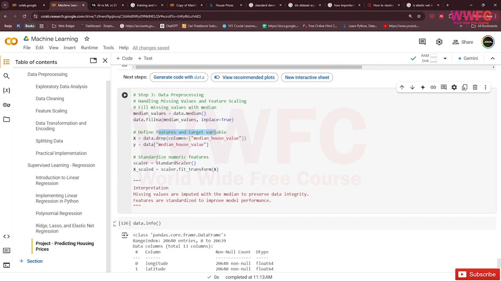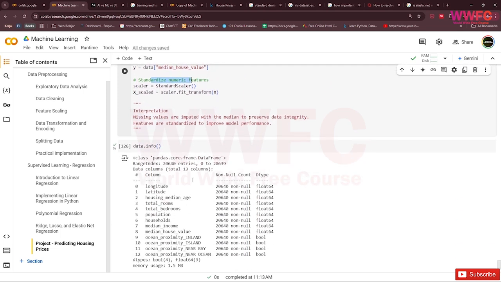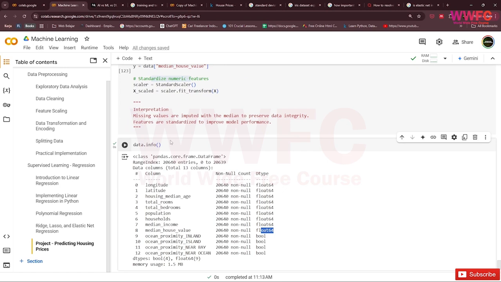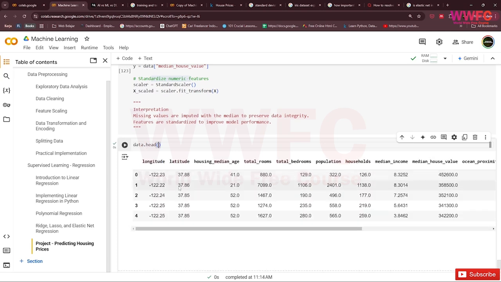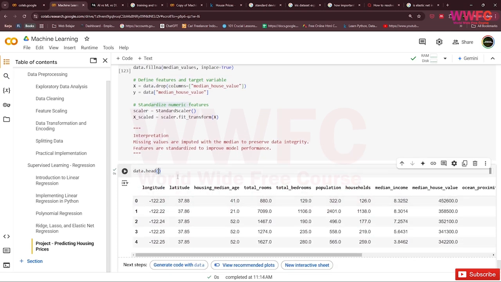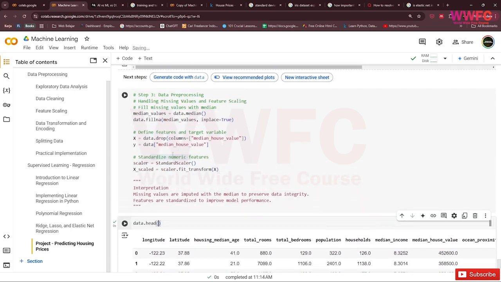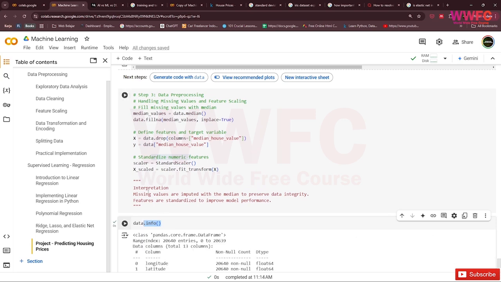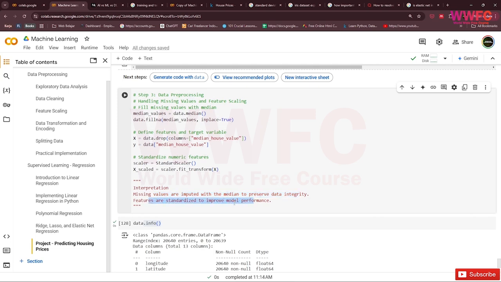So data preprocessing is handling missing values by filling with medians, defining the target variable, and standardizing the numeric features. The floats will be standardized. Missing values are imputed with the median to preserve data integrity, and features are standardized to improve model performance.